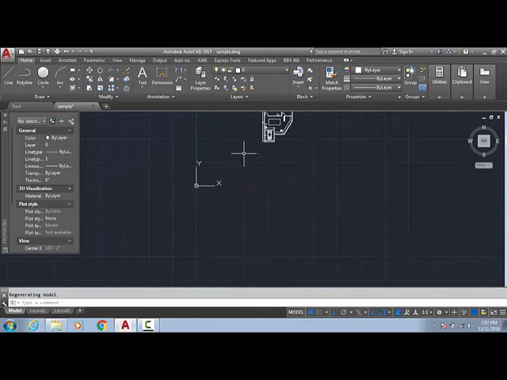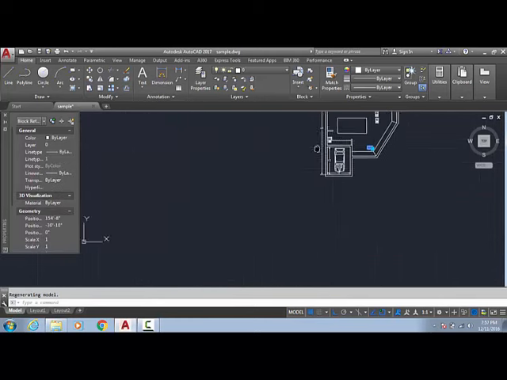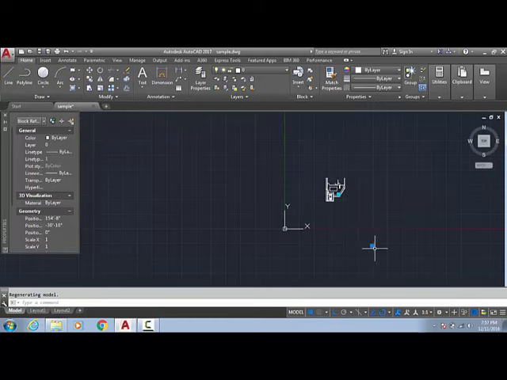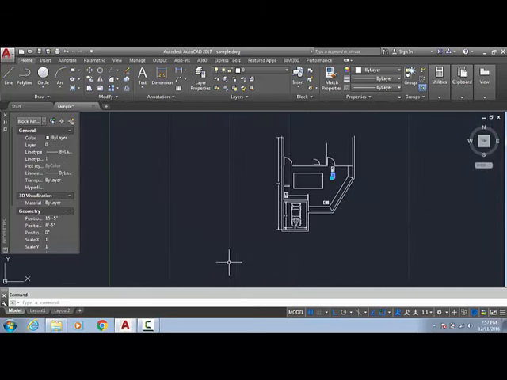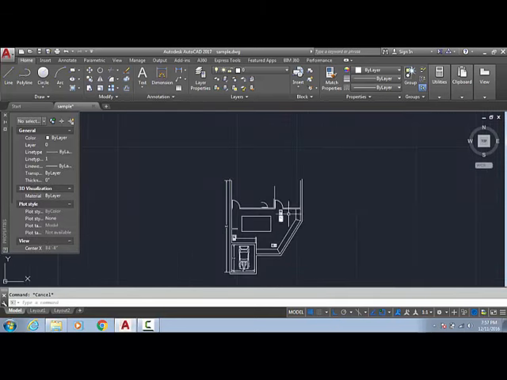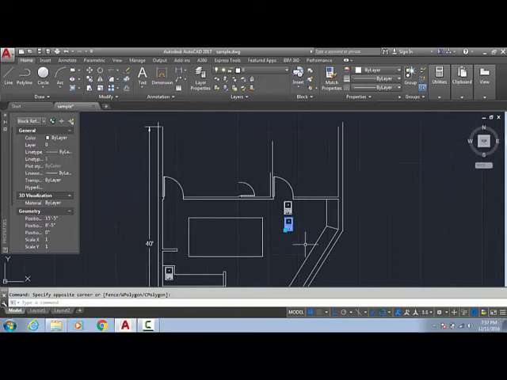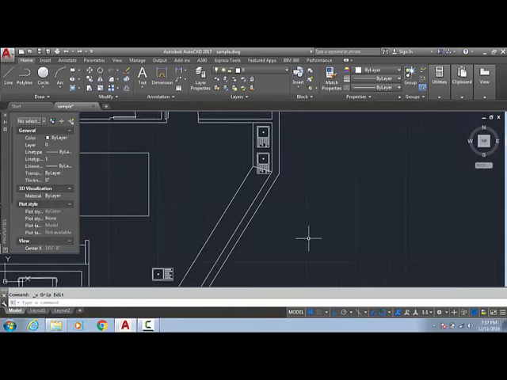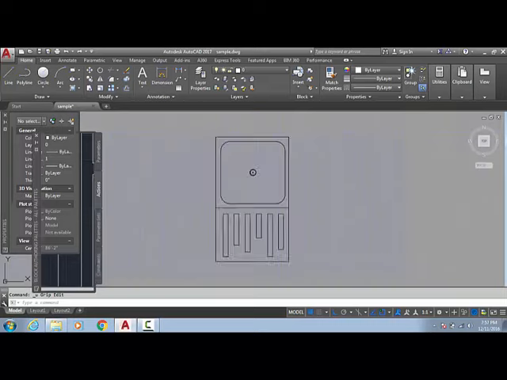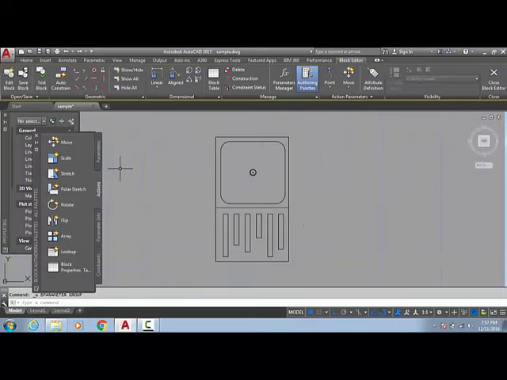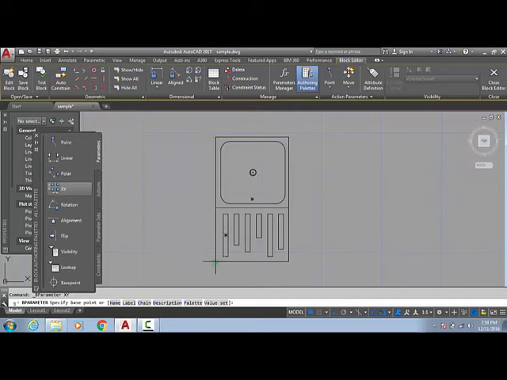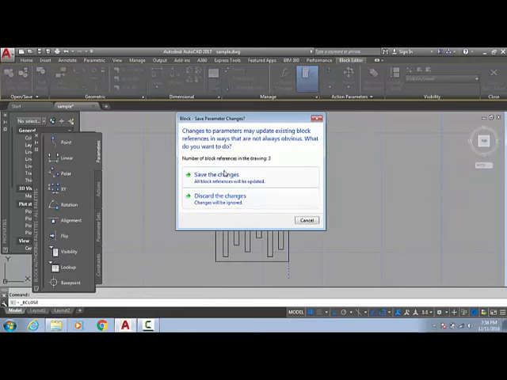Again, if you select any block, the original base point is still the same. Look here, the original base point is still the same, but you can use these temporary base points as your move point. So now again I am going to Control Z. Now I am going to apply another command, the Align command. Just select the command, select the point, close the block editor, save changes.